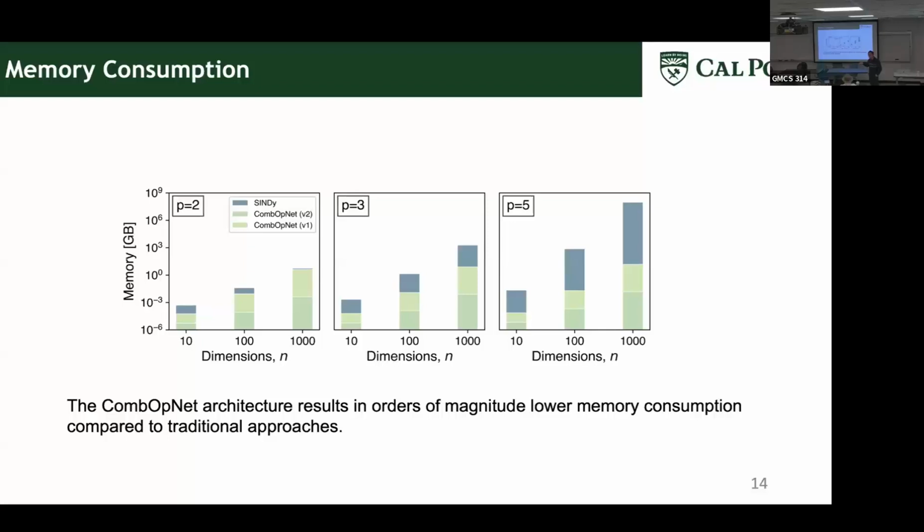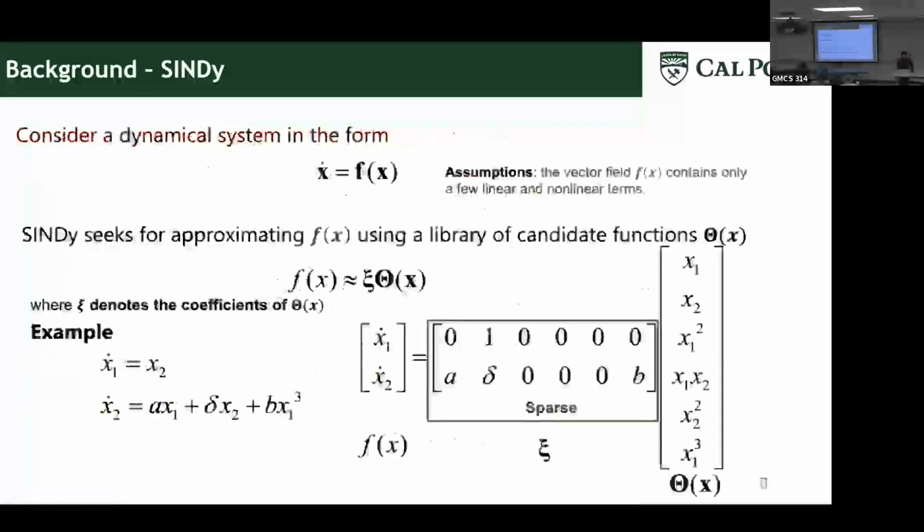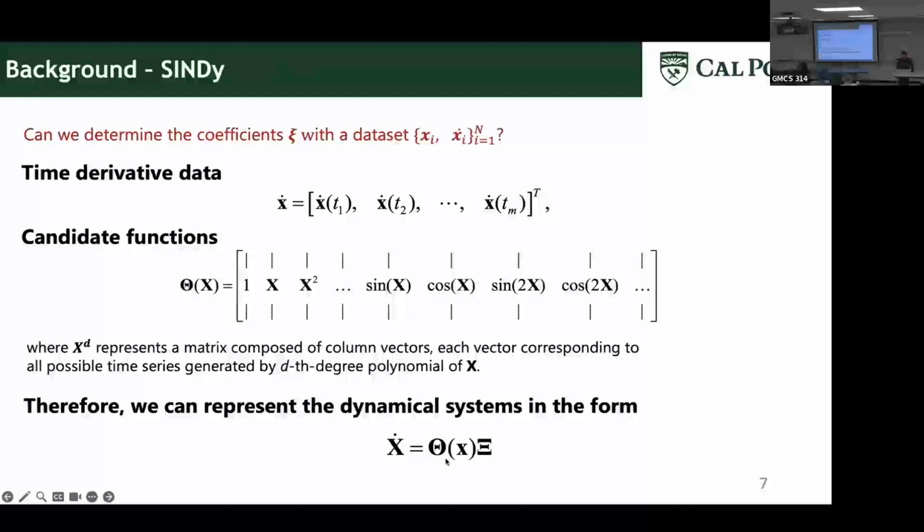Okay, and for SINDy, if I can go back to earlier, I'm actually calculating the memory consumption for this matrix. So what happens with this matrix here? This x2 here is not just x1 square, x2 square, it actually includes all the quadratic terms. So you have x1, x2, x2, x3, those things, and you have 100 dimensions. This itself is going to be huge. If you have a cubic term, it's also going to be a large number.